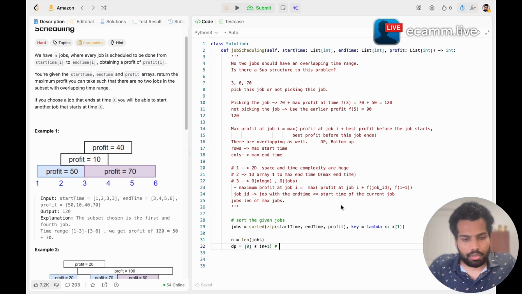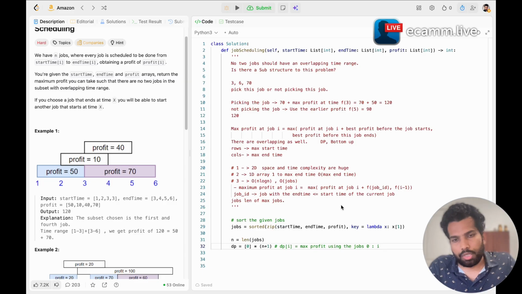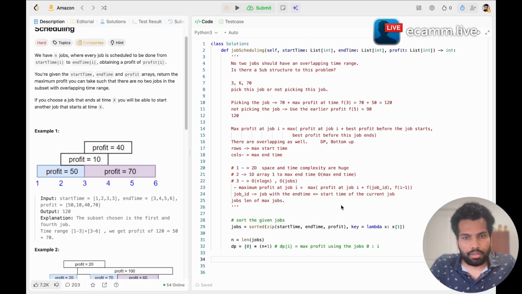So just for our reference, dp[i] here is the max profit using the jobs from 0 to i. So dp[0] would be 0. Now let's try to iterate the table. So for i in range(1, n+1),